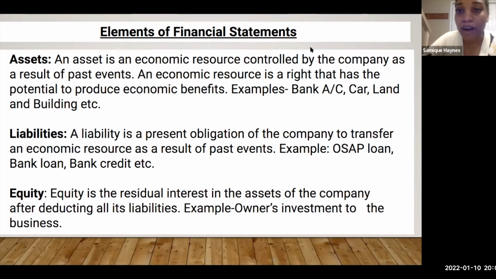Also, what if I bought something from someone like some supplies and I didn't pay them? That's called, the account is called accounts payable. So there are a bunch of different accounts that you're going to have to get acquainted with. And the good thing is there is a list of accounts that I'm going to post. I'll upload it to the e-class, a list of accounts that fall under assets, liabilities, and equity.